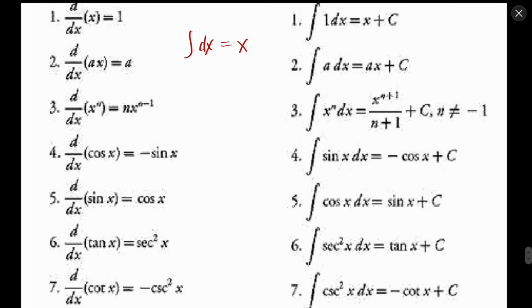Now similarly in integration, when we integrate dx, we will get x plus c, and this c is a constant that you have to add in every integral result when you have an indefinite integral. There are two types of integrals, indefinite and definite, so do not get confused about those. Integration of x to the power n with respect to dx is again the most important formula. Like in differentiation we had this formula for x to the power n, similarly in integration we have x to the power n plus 1, the power gets added up with 1, upon n plus 1.